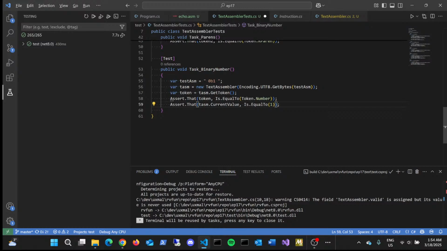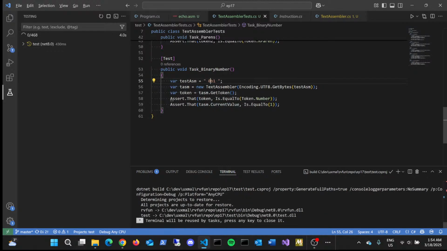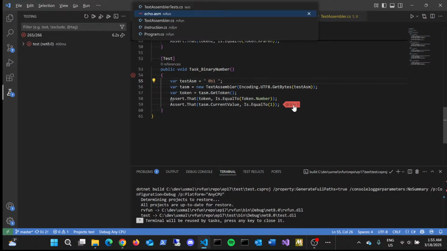Now this will fail with our current code because we are happily plowing along, and if we see a B after a 0, we'll happily stop and return a 0. So if we run this unit test, we'll get the current value is going to be 0 and not the expected 1. So how do we fix this? Well,